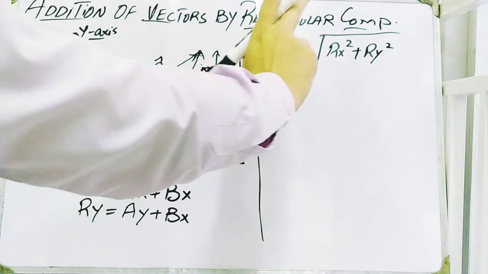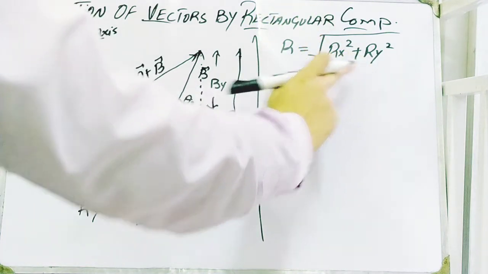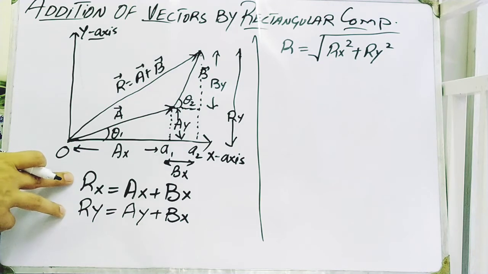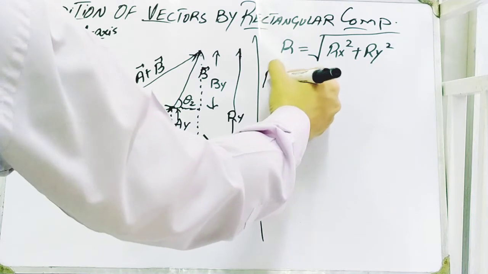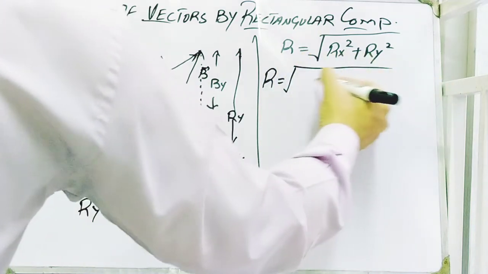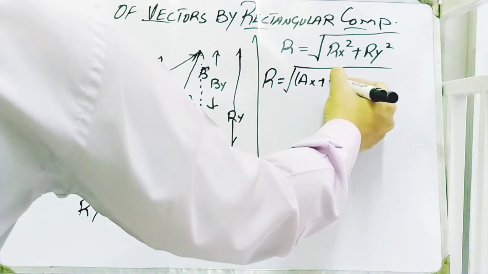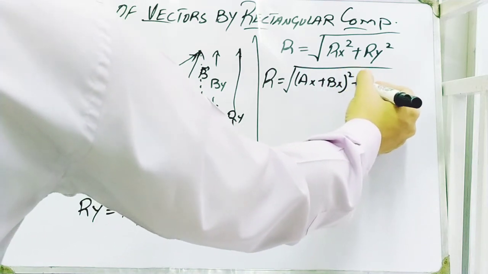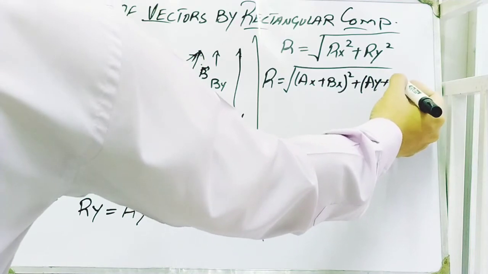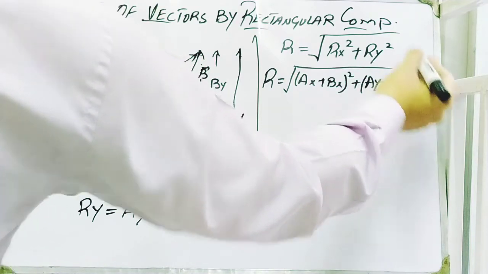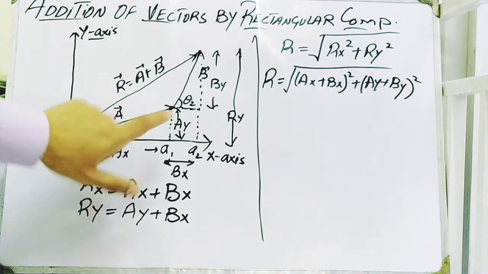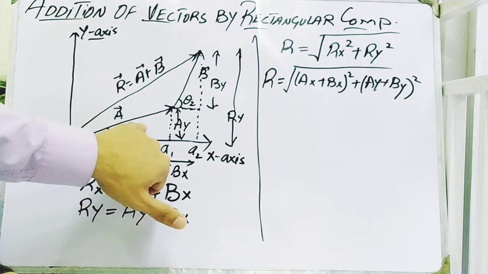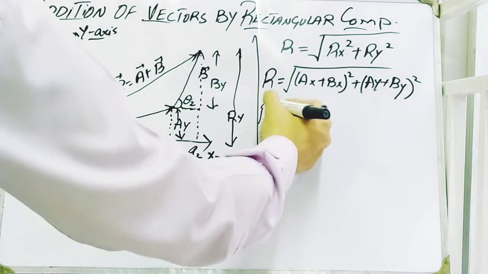If the values of Rx and Ry are previously calculated, we can put these values in this equation. So R can also be found with this formula: (Ax plus Bx) whole squared plus (Ay plus By) whole squared, under the root. But if we add more than two vectors, A and B, then this formula changes into the next formation, which is R is equal to,